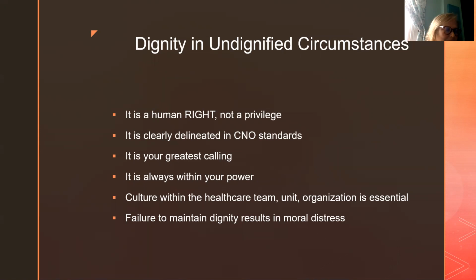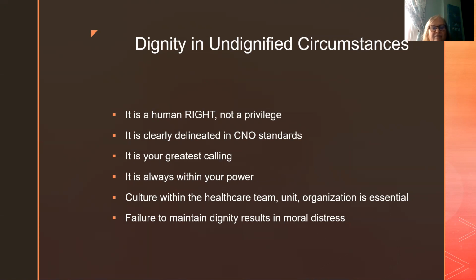So a couple of points that are just really important to me. Dignity, the preservation and promotion of human dignity, for me, are at the very core of what we do as nurses, at the very core. Saving lives is part of what we do, and enabling persons to die with dignity is part of what we do. But at the very core of nursing, if you ask me in one sentence to describe what nursing is, it is the promotion and preservation of human dignity.